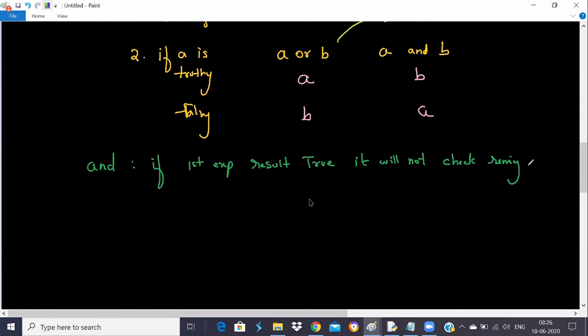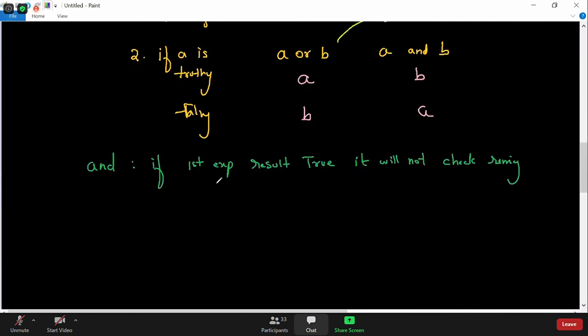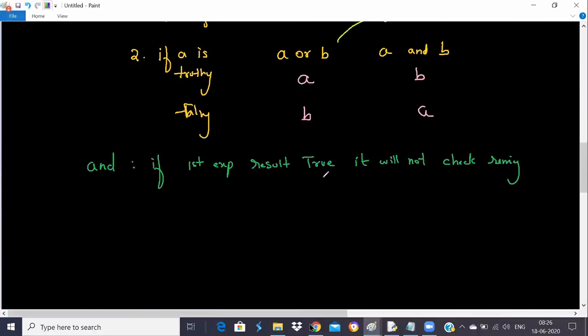Does it check the remaining expressions or not? What do you think? If the first expression results true, will it check the second expression? Yes, actually it will check.